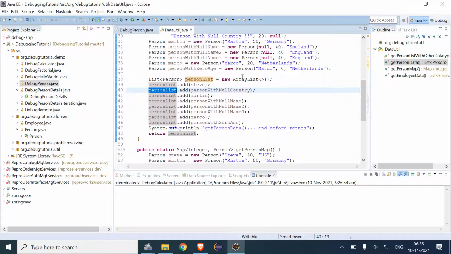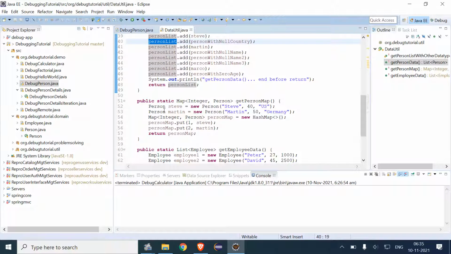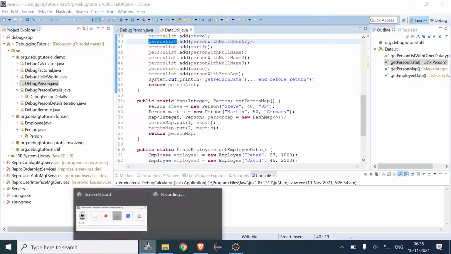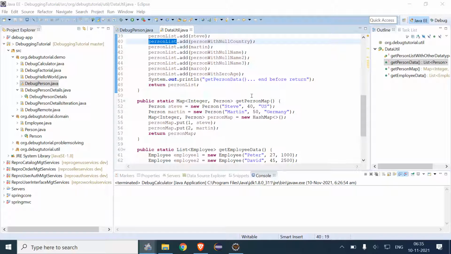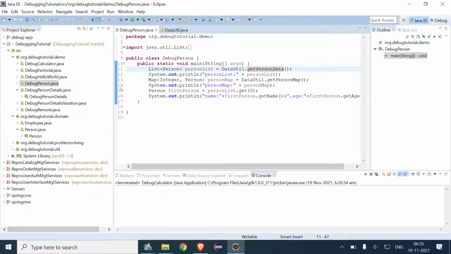And here hash map and bean are used also. If we see line number 51, here map is being used. And what if I give a breakpoint here at line 14 system, and we debug this program.